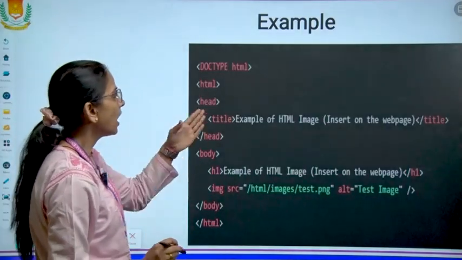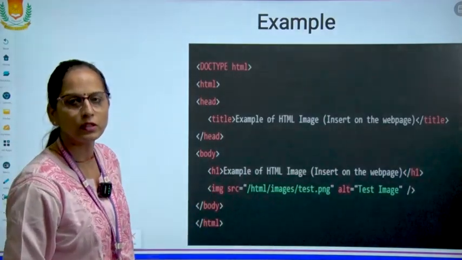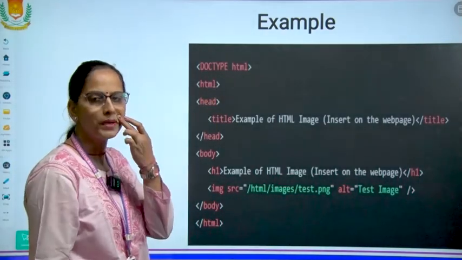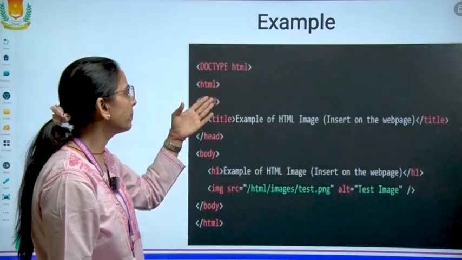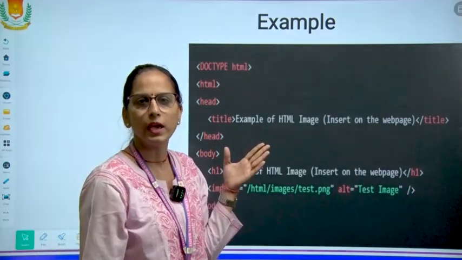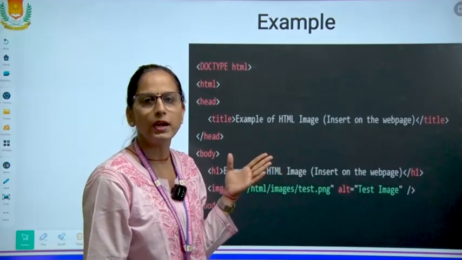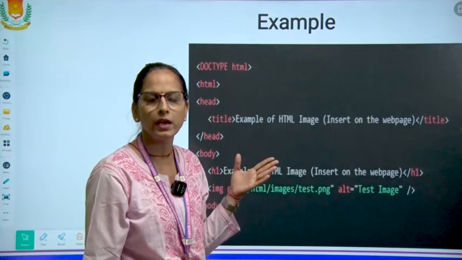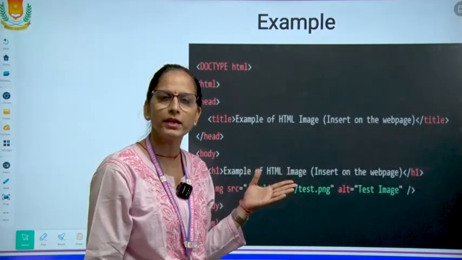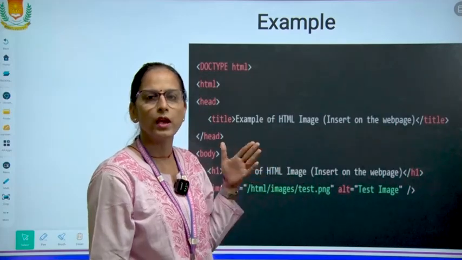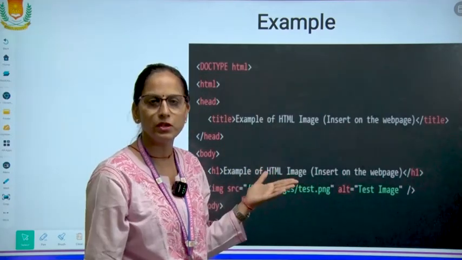Now, how will the coding be done for the image? First of all, we define the document type. We discussed the document type in the previous session. As we are writing our code in the text editor, whatever contents you write will by default be treated as text files; TXT files will be created. So here we are writing HTML coding.